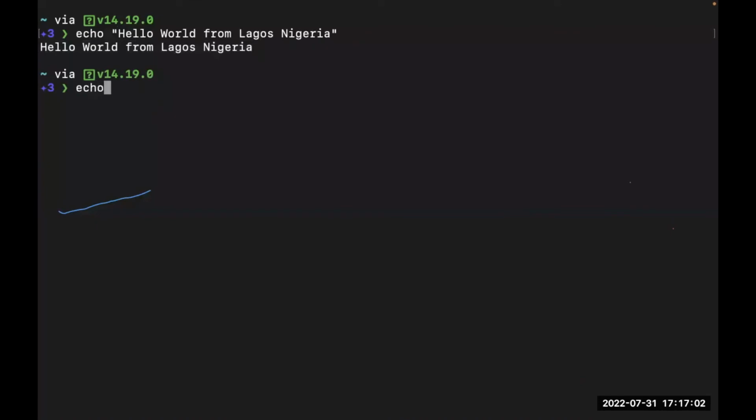So let's say I want to know what is the name of this user, right? What's the name of my user? So I can say echo $USER, and you see it gives me the name of the user, Brain. Okay, so I can also echo a bunch of things. Most things you might want to use echo for are probably private stuff, like environmental variables and all that.